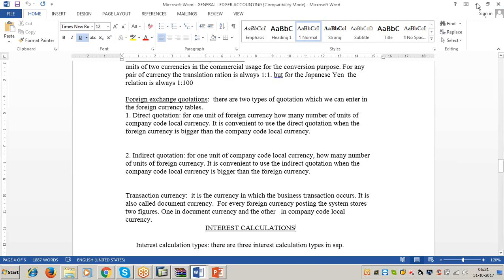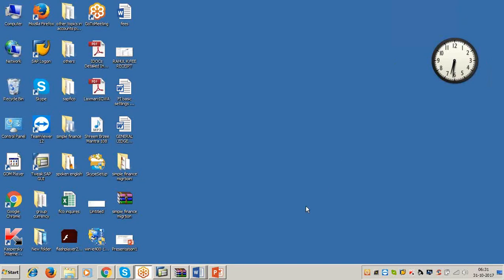Now, here I told you that every day we have to enter the rates. So how can we enter? Suppose you are dealing with 100 foreign currencies. In that case, 100 into 3, bank buying rate, bank selling rate, bank average rate. So these three rates are to be entered for each foreign currency. That is 100 into 3 means 300 lines you have to enter. It may take a lot of time. That's why we have many methods.